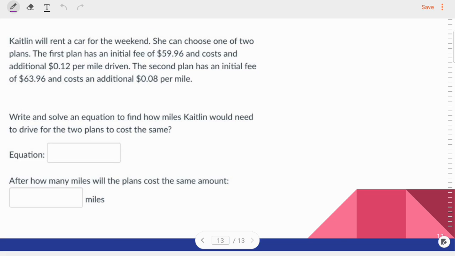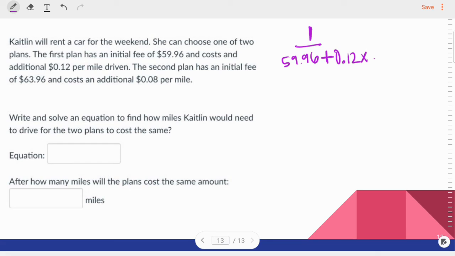Last one. Caitlin will rent a car for the weekend. She can choose one of two plans. All right, I'm comparing two plans. I'm assuming plan 1 and plan 2. The first plan has an initial fee. So let's write down the information we know about plan 1. Initial fee of $59.96 and costs an additional, so additional means add, 12 cents per mile. So 12 cents, but not just one time, multiple times. So 0.12x equals,